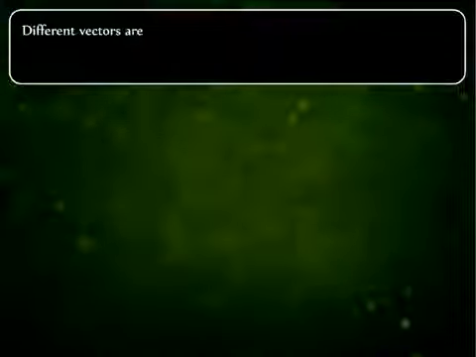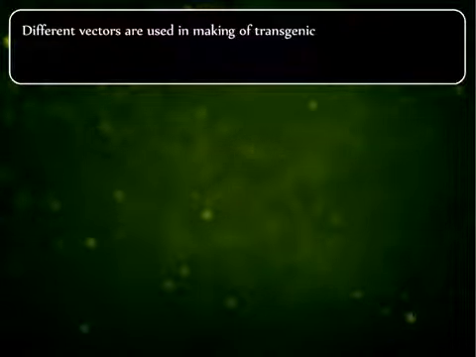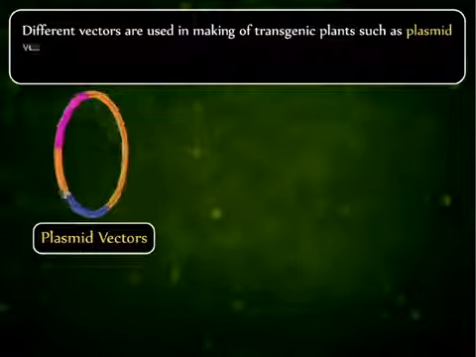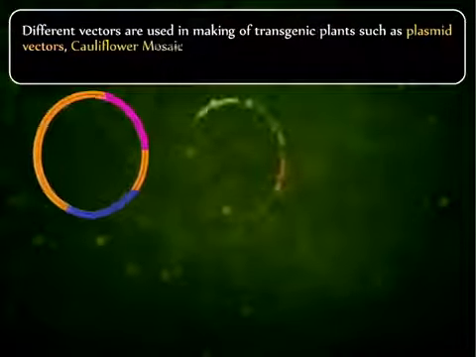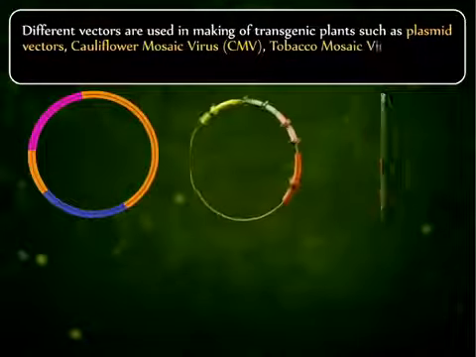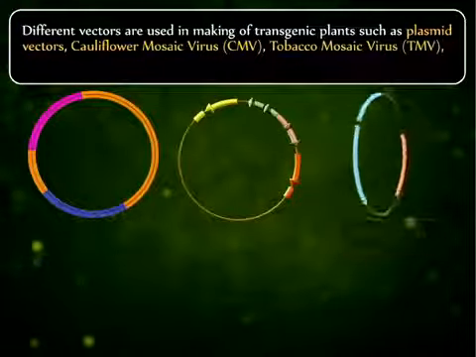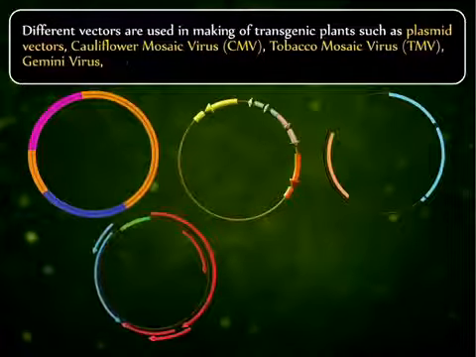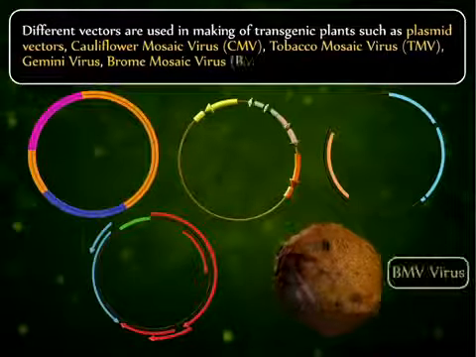Different vectors are used in making of transgenic plants such as plasmid vectors, cauliflower mosaic virus or CaMV, tobacco mosaic virus or TMV, Gemini virus, brome mosaic virus or BMV,